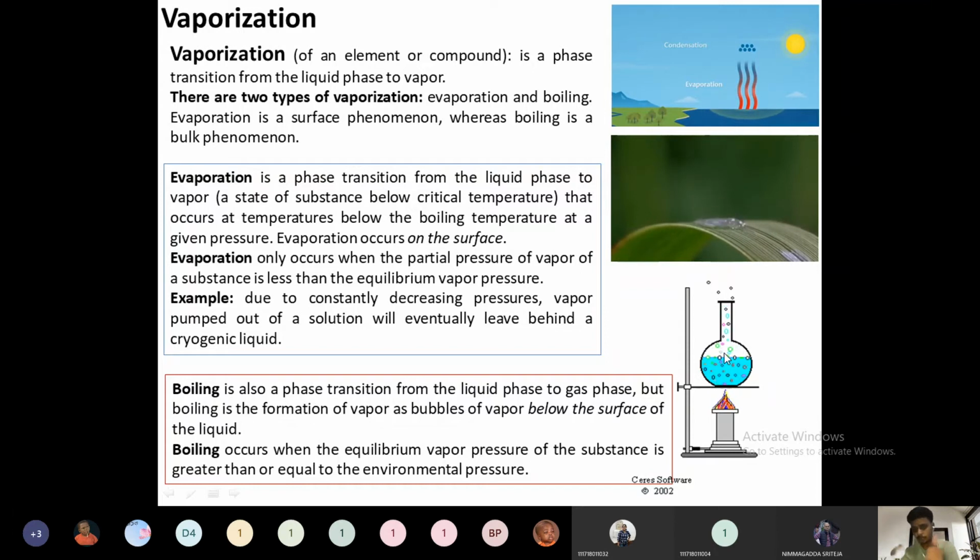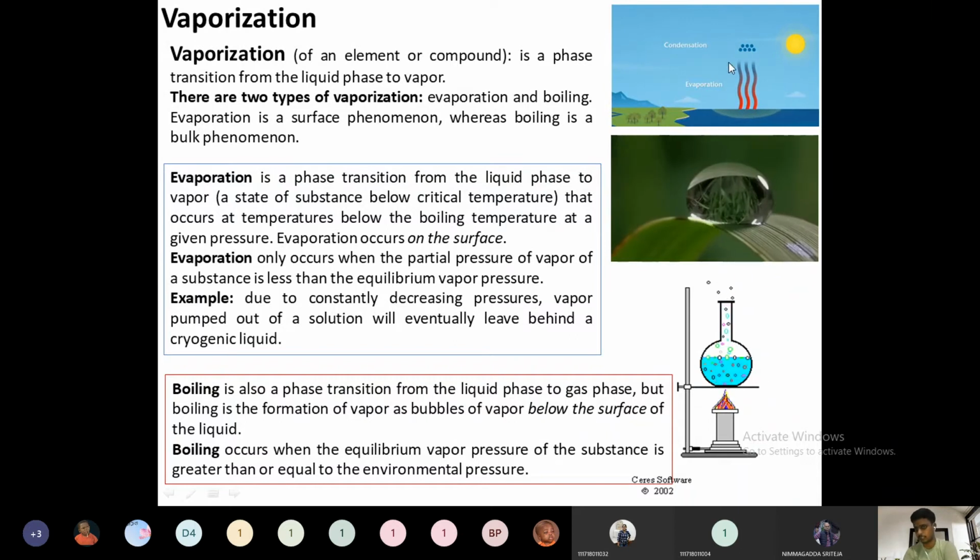So we can say the boiling point of water is 100 degrees centigrade. Only this 100 degrees centigrade is valid when pressure P is equal to 1 atmosphere. When pressure is more than 1 atmosphere, for example 1.2 atmosphere, then the boiling point is not 100 degrees centigrade. T will be greater than 100 degrees centigrade. When T is equal to 100, that condition is valid at P equal to 1 atmosphere. When T is greater than 100, that condition is valid above atmospheric pressure. Below atmospheric pressure, when P is less than 1, the boiling point will decrease. So T will be less than 100 degrees centigrade. Okay, this is the boiling phenomenon.